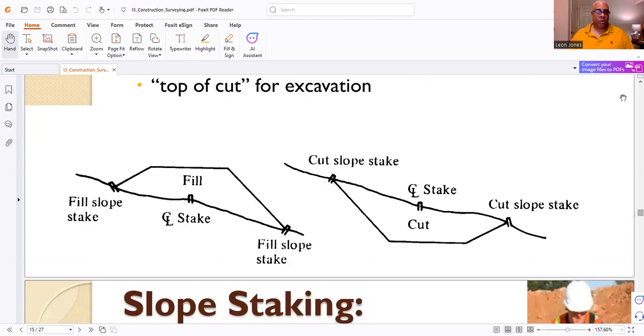Here's what they're talking about. You see right here, this is your center line stake. This is your fill slope stake. This is also your fill slope stake. So there you have your cut slope stake, your center line stake. That's cut, your cut slope stake. Now, you see how this works? This is your proposed line,